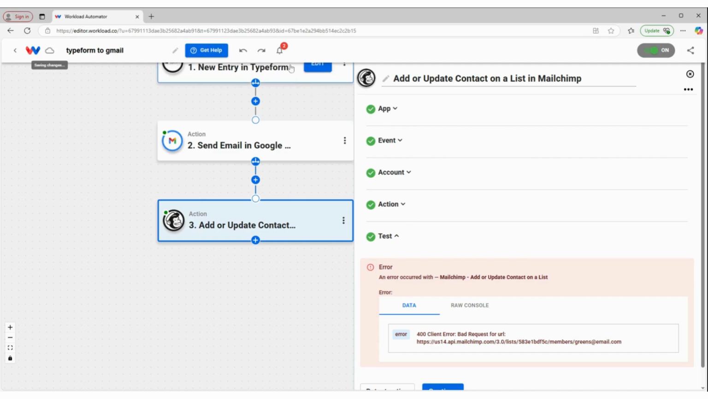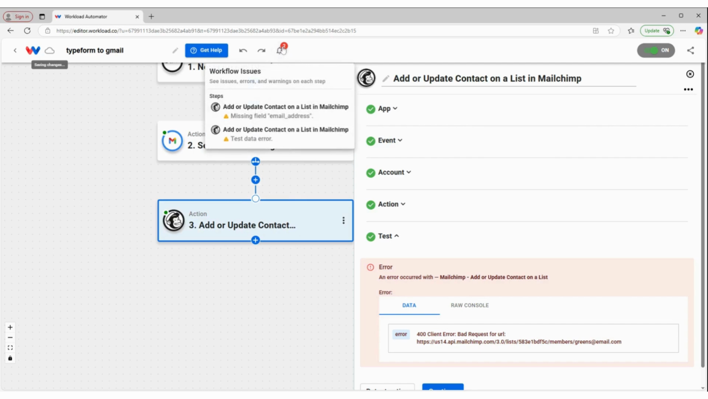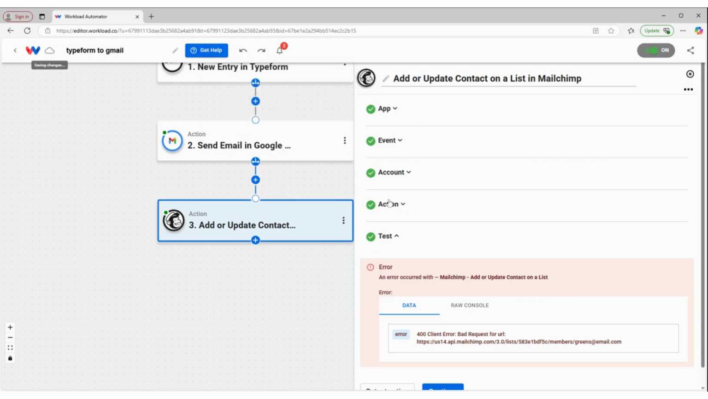Well, at the top of the Workload editor, there's a little bell icon with a number 2. So it says there's 2 workflow issues. So I can click there. It says there's a missing field of email address, and then there's another test data error. So if I go back here to the action,